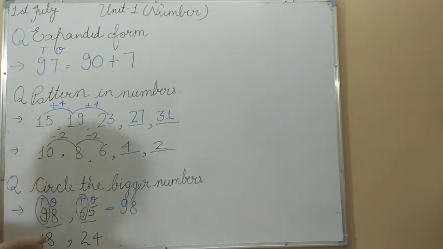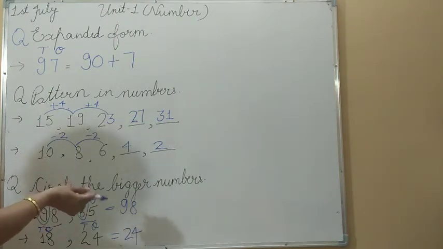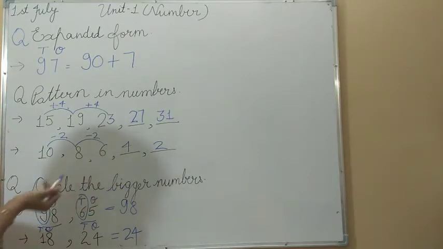Now in the same way you have to follow here. Tens and ones on the upper right side. Here also tens and ones. Now check their tens place numbers. Is 1 bigger or 2 bigger? Is 1 balloon bigger or 2? Which is more in amount? Now 1 is smaller than 2. Then which is the bigger number here? 24. If they ask you to circle the smaller number, in the same way you have to find out the smaller number.